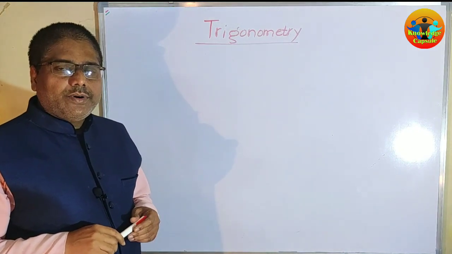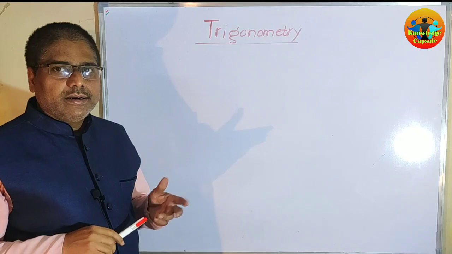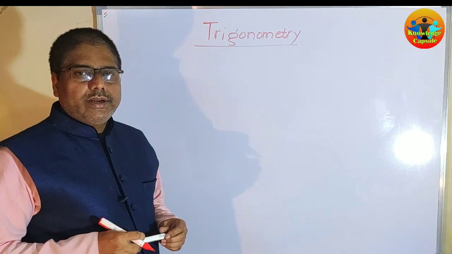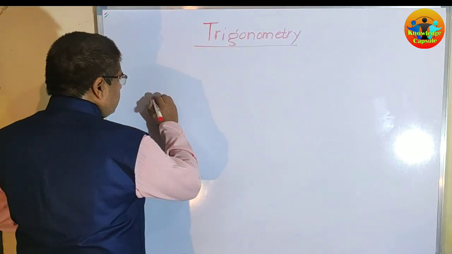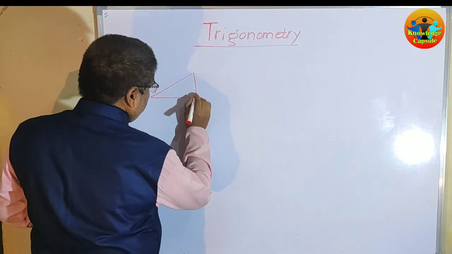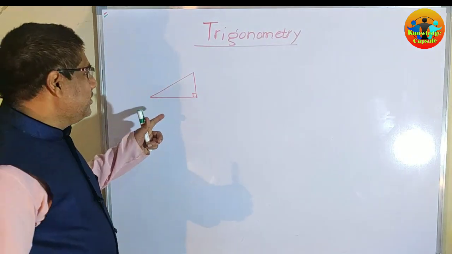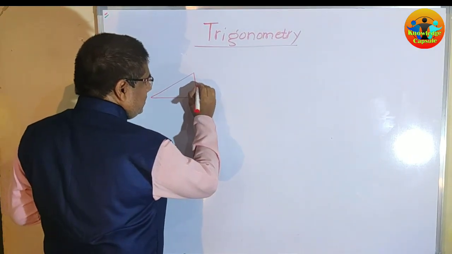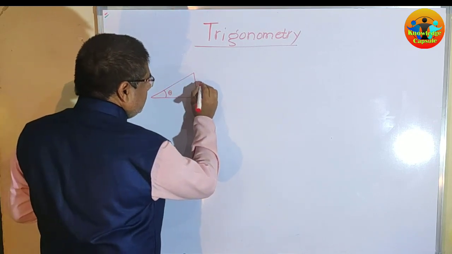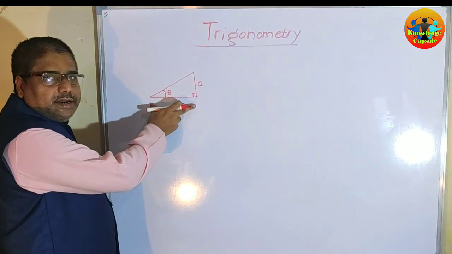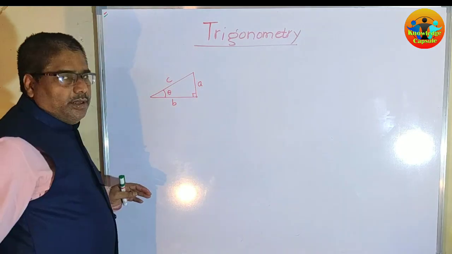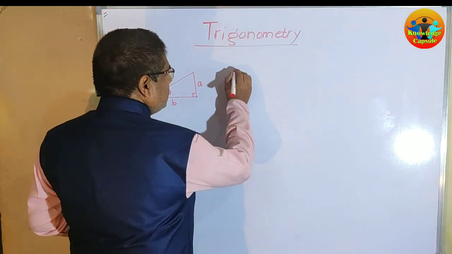Origin of trigonometry is found in finding angles or sides of a right angled triangle given other things. In connection with a right angled triangle, 6 trigonometric ratios are defined. If we take a right angled triangle, and in this triangle, considering this angle, the height or opposite side of the triangle as A, the adjacent side or base as B, and the hypotenuse as C, the sine ratio is defined like this.